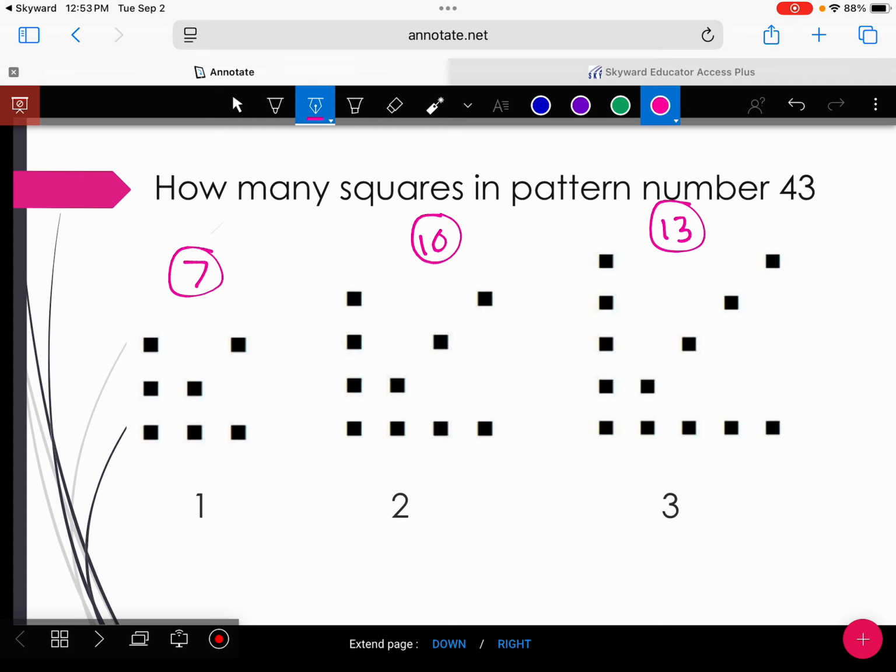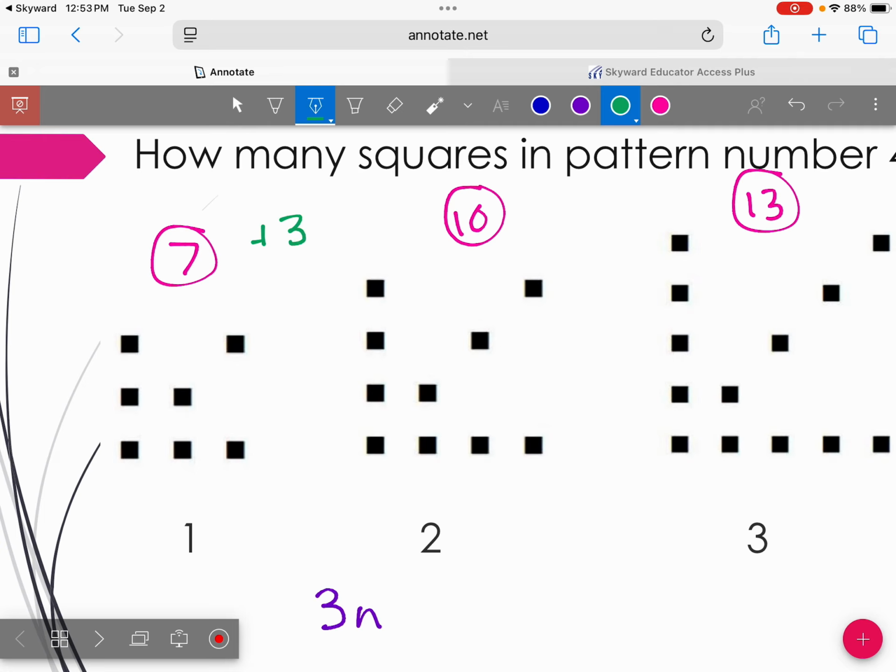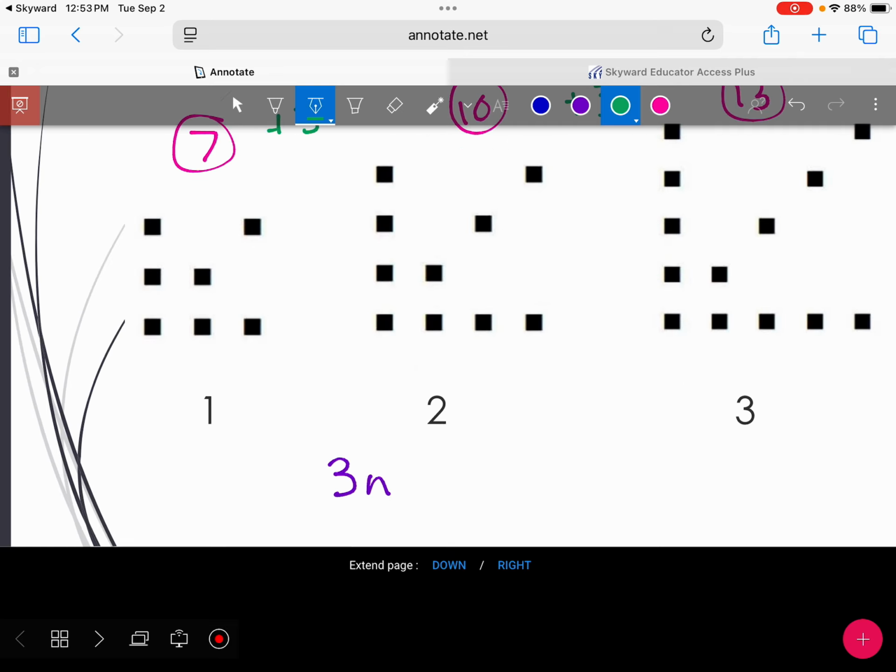I think I have a question. 3n plus 4, would that be a good equation? Yeah, 3n plus 4 would be a beautiful equation. Because we have our 3n, we know it's adding 3, adding 3. That tells us whatever's happening, we're going to have 3 times something. And you can set it up as 3n plus blank, and then we have to figure it out. We talked about one a couple of weeks ago where it was 3n minus 1, that kind of vibe. Those things are kind of annoying. But if we want to do 3n plus something with the pieces we have here,